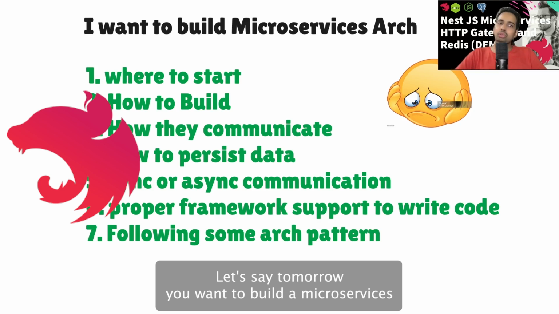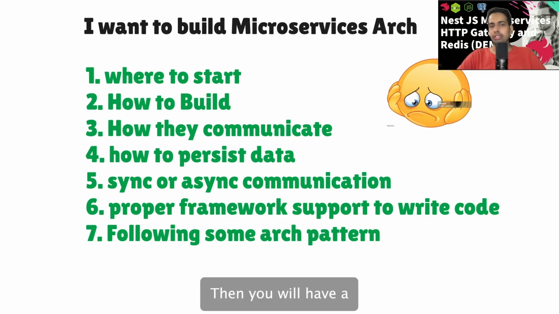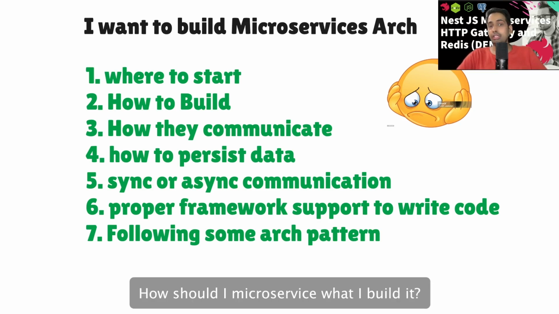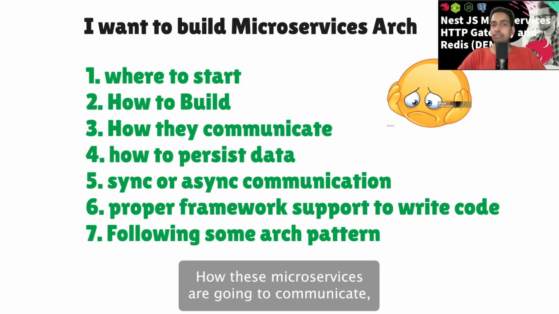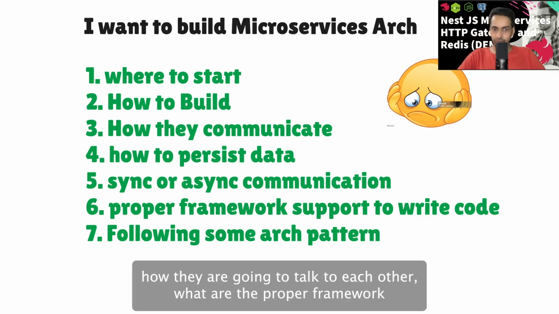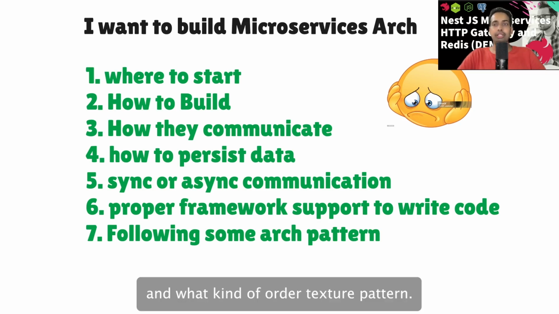Let's say tomorrow you want to build a microservice architecture or simple microservices in Nest.js or Node.js. Then you will have questions like: okay, where should I start? How should I build it? How will these microservices communicate? How am I going to persist the data across microservices? How are they going to talk to each other? What are the proper frameworks I can follow to write code, and what kind of architecture pattern can I